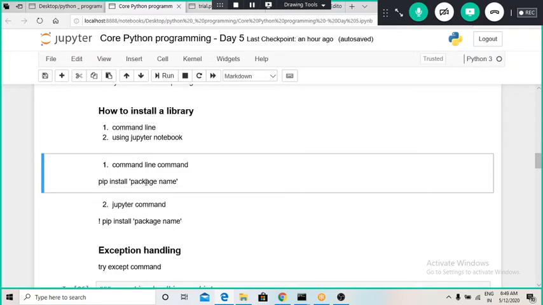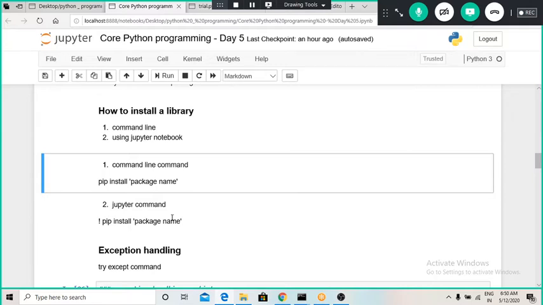And if we run this command, you have to make sure that your internet is on. That particular package or library will get installed from the internet to your computer. Using this command, we can also access that particular package in Jupyter notebook. Whenever you install a package using the pip command line, that package can also be accessible in Jupyter notebook.